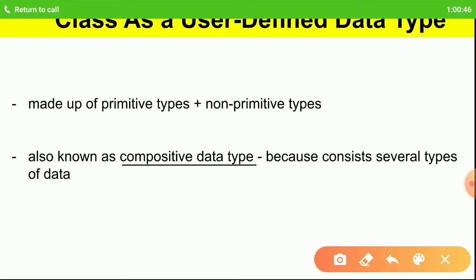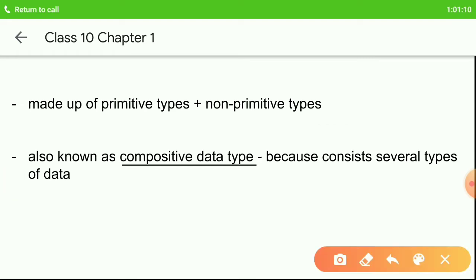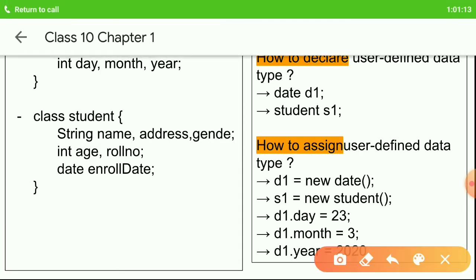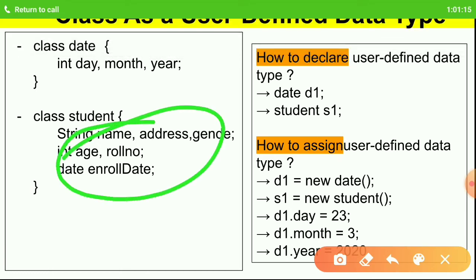This question is asked in the board exam: why is class known as a composite type? You must now be in a position to answer this question. The answer is because the class consists of different types of data, isn't it?